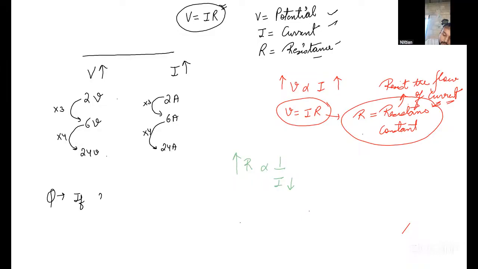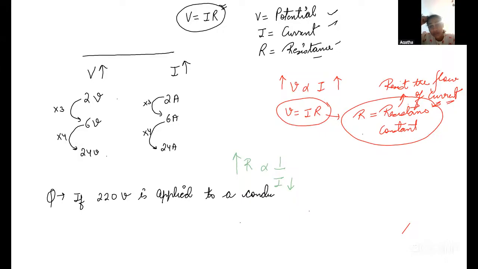What's the difference between the current and the volt? The volt is the potential difference. I will give one piece of information. So, for example,